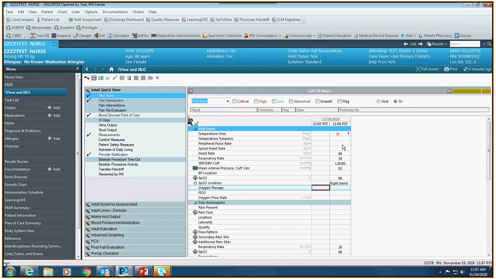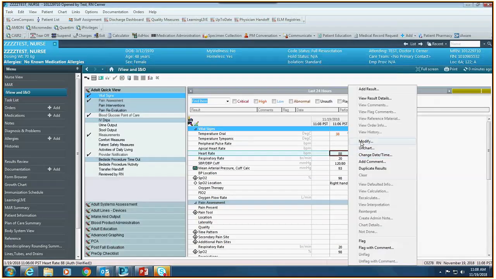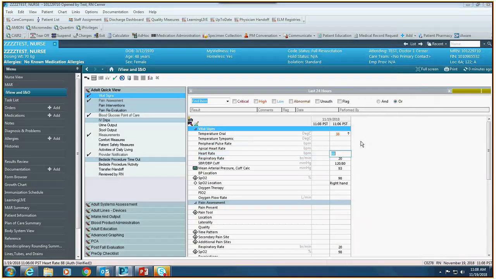Okay, let's say I made a mistake and this heart rate was actually 70. I can click on that. Oh, excuse me, I could right click and I could modify that if I needed to. Okay, so I can put in 70 and then sign, and that'll document my 70, and that little triangle will show that I did make a modification. Okay, and that's okay. Sometimes we make a mistake with our documentation,